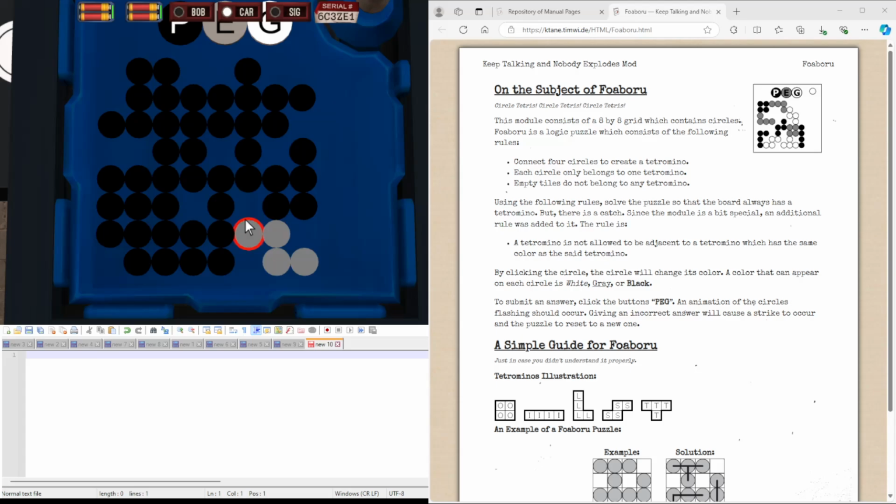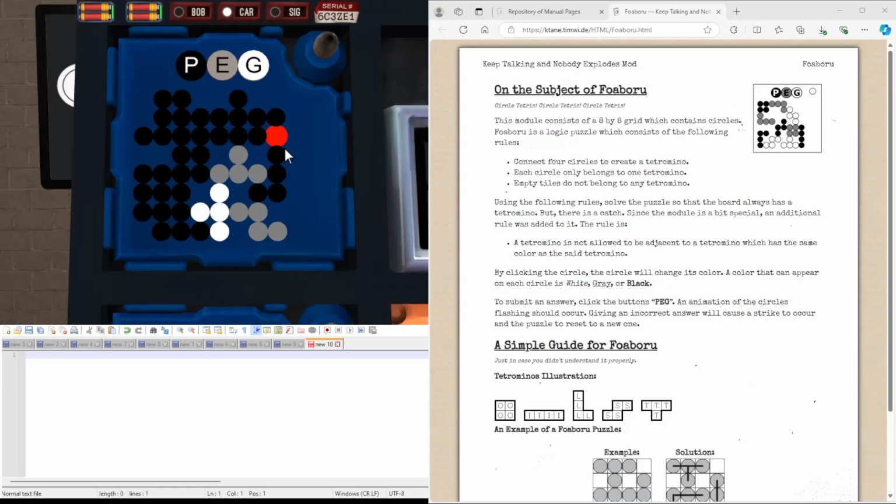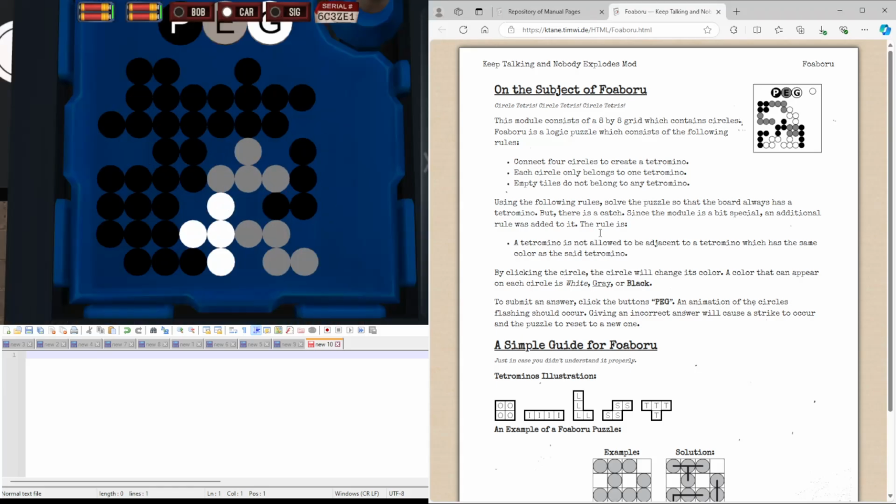My first instinct was to put it here, so let's see what happens. Let's leave this L piece as black. Let's make this one grey as well. Specifically, leave this one grey so we can make this one white. It doesn't matter what colours you end up using in the end. If it just doesn't follow the rule here, then it's a bad solution. So let's leave this black, then